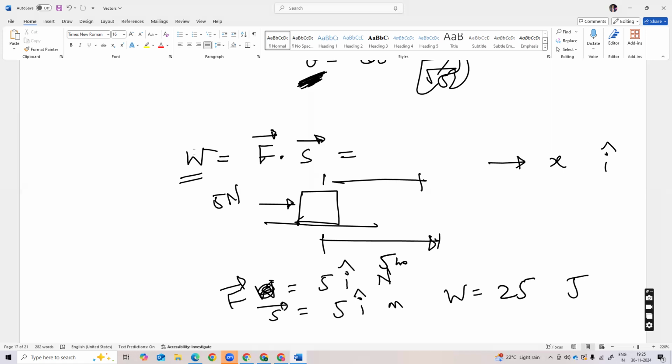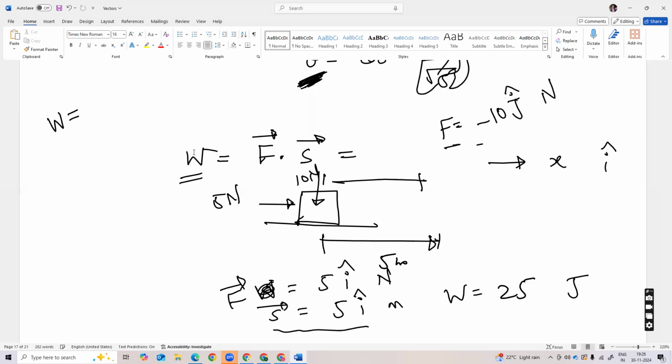Whereas, let's say the same body you are taking, you are applying a force of 10 Newton in this direction, and if we are considering this as y direction, then we can write force is equal to minus 10j Newton, because it is in negative y direction, and this body has moved by 5 meters in plus x direction, so s is again plus 5i. So if someone tells you to find the work done by this force of minus 10 Newton in downward direction,